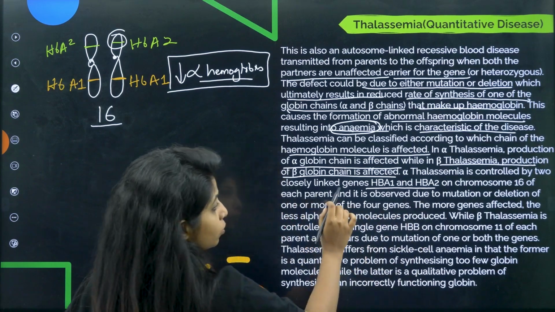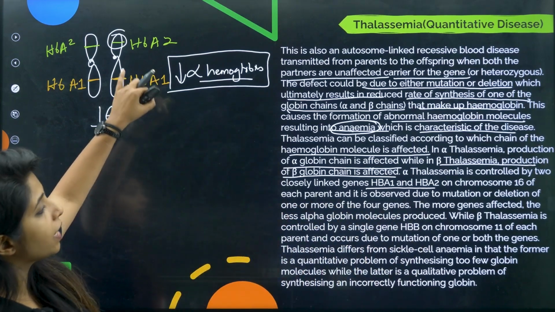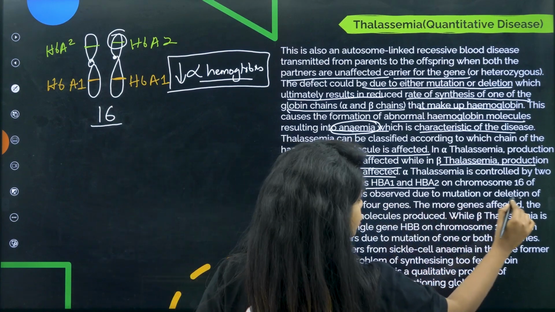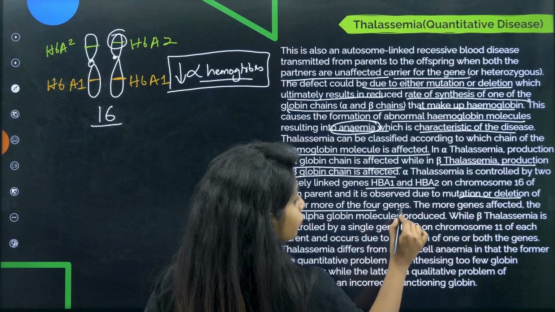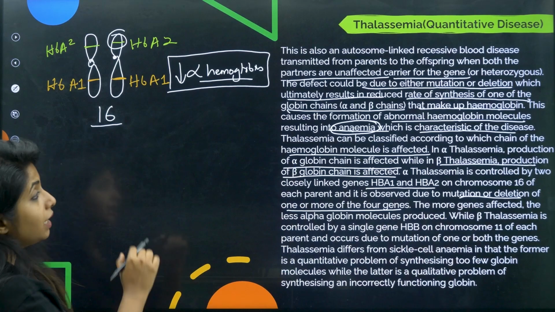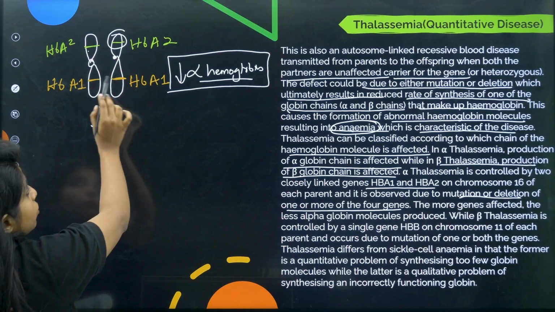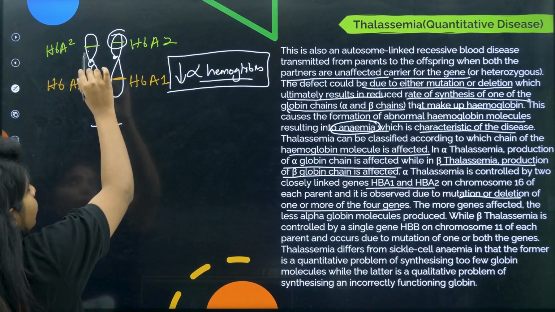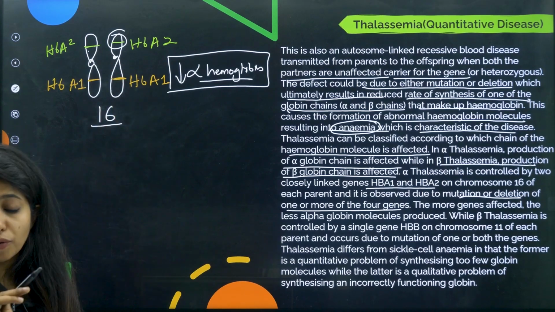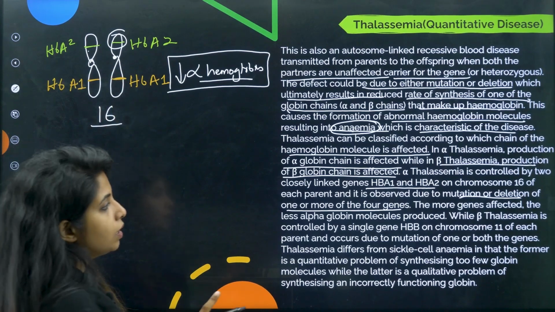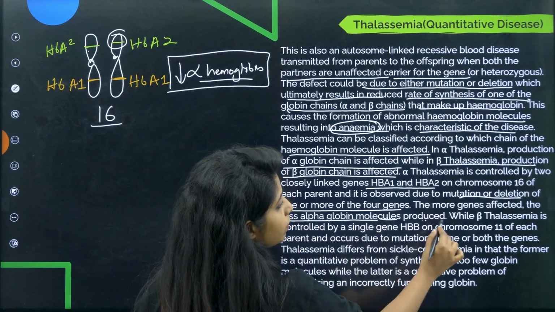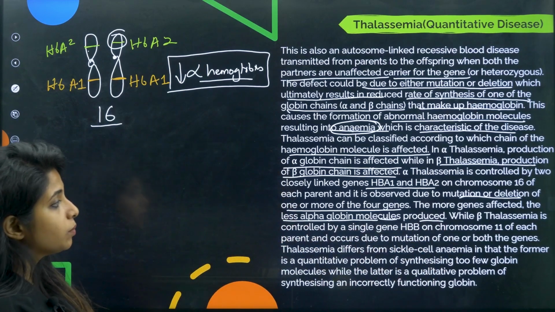That is, the closely linked genes, HBA1 and HBA2 on chromosome 16 of each parent. It's observed due to mutation or deletion of one or more of the 4 genes. These are the 4 genes, right? 1, 2, 3, 4. Even though this is an allele, and this is also an allele, I call it 4 genes only. Please remember 4, very important thing. So the more genes affected, the less alpha hemoglobin molecules will be produced, while beta thalassemia is controlled by a